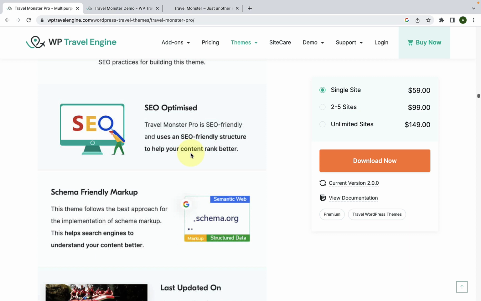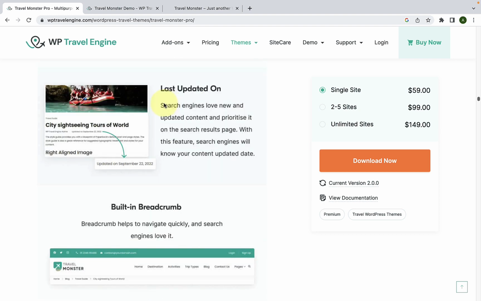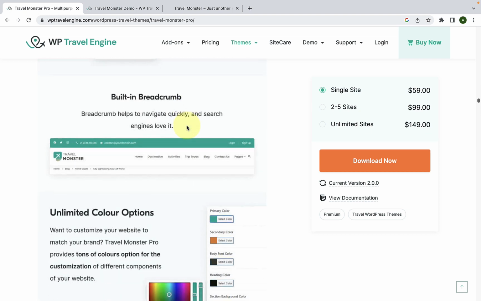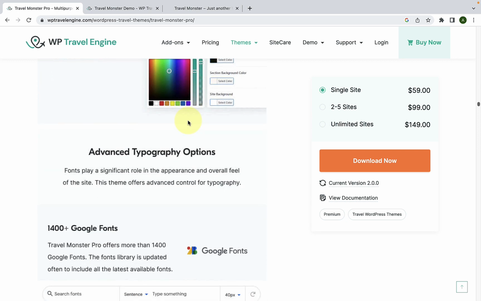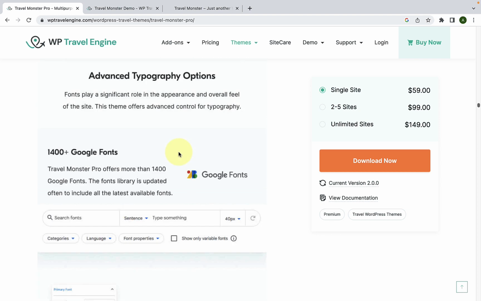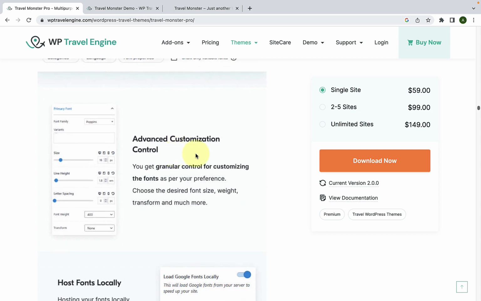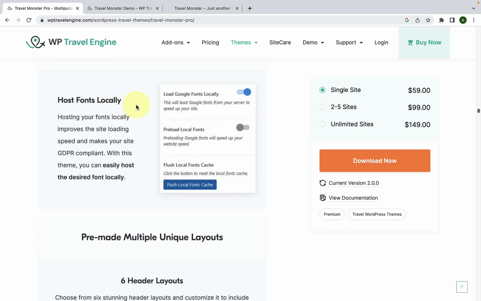The theme is SEO optimized for better ranking and follows the best approach for the implementation of schema markup. It comes with last updated on and built-in breadcrumb features with unlimited color options and advanced typography options as you get 1400 and plus Google fonts to select from. You get advanced customization control and it also gives you the option to host Google fonts locally, which helps in